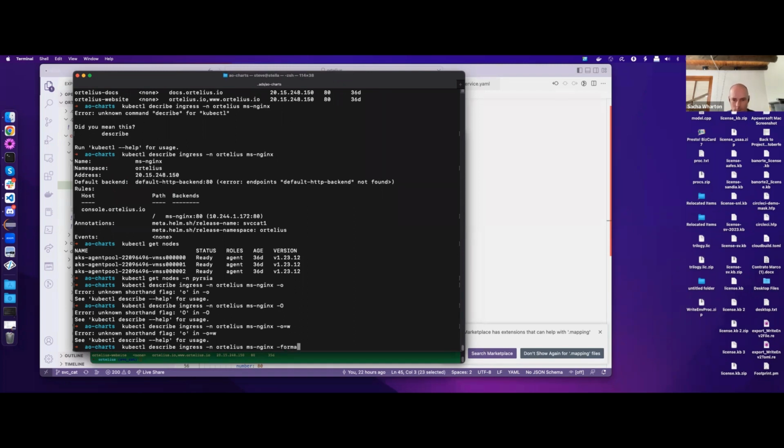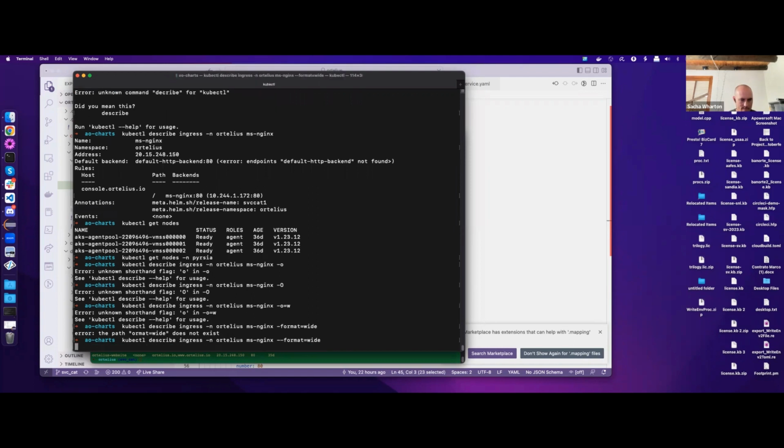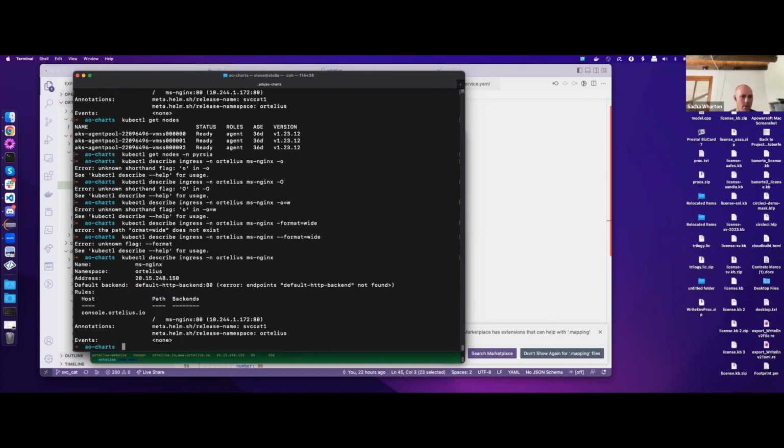And I can't remember. Oh, I'm gonna double dash. No, it may not be on for describe. Maybe. Oh, for describe, yeah. I think it only works on a get. Yeah. So I think if we describe the node pool,